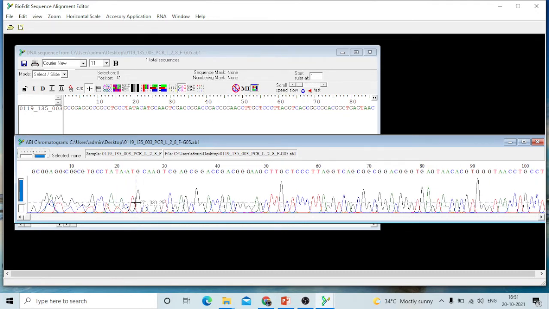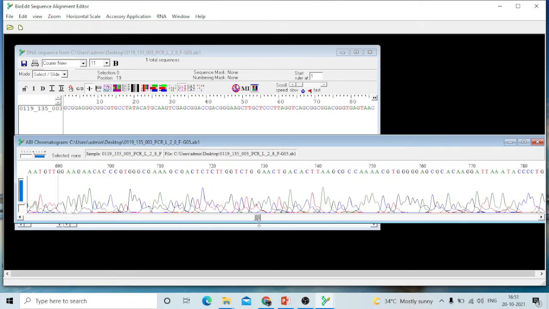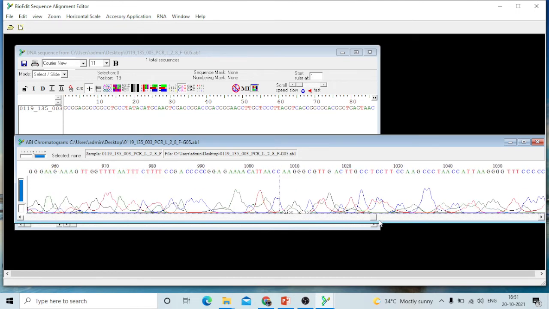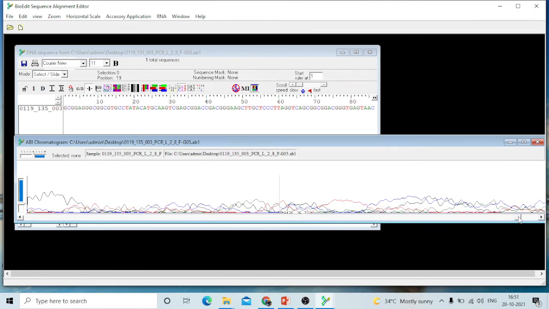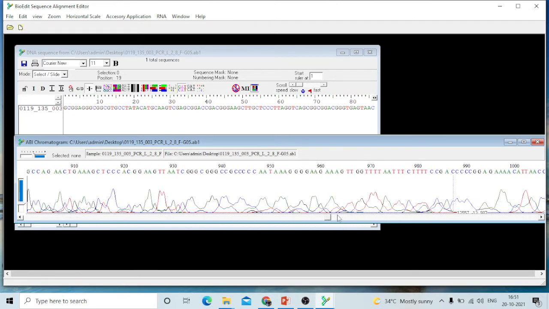Automatically, just by reading the chromatogram, BioEdit converts the peaks into ATGC, you see here. And if I scroll this chromatogram, you can see in the starting the peaks are not very sharp. If I move ahead, you can see the length of this one is very high, almost 1500 or more than that. But if you see the peaks, they are really bad.